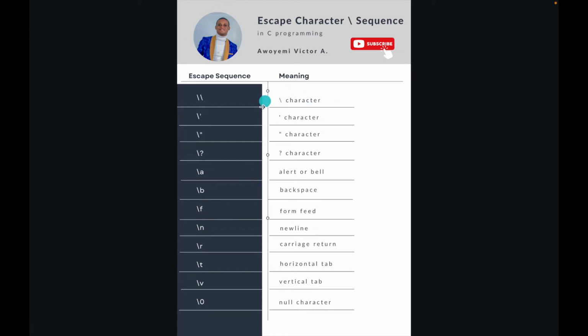So these are some escape sequence characters we have in C programming language. So we have the double backslash. If you want to print the backslash character, you make use of this double backslash. If you want to print a single apostrophe character, you make use of the backslash and the apostrophe. Same thing for the double apostrophe. So if you want to print a question mark, you need to make use of this